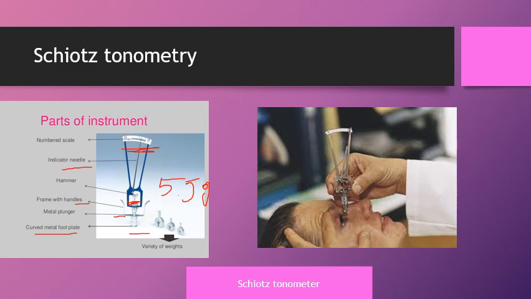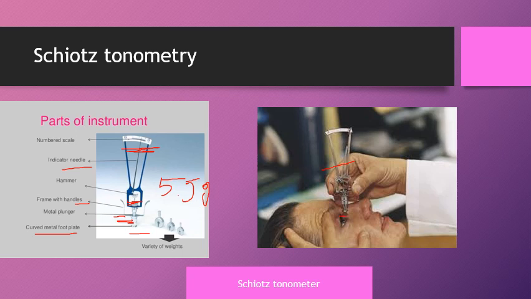The right side picture shows the technique of measurement of IOP using Schiotz tonometry. Schiotz tonometry is a method of indentation tonometry. Indentation tonometry has a fundamental fact: this plunger, the plunger and the metal plate, indents the soft eye more than the hard eye. Indentation is the process of pressing the cornea. So the indentation is more on the soft eye in comparison with the hard eye.